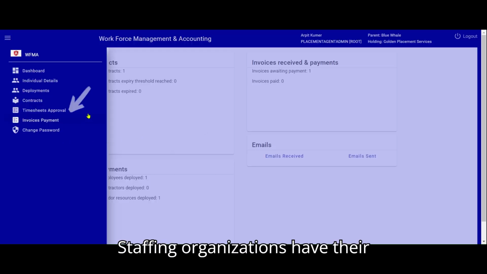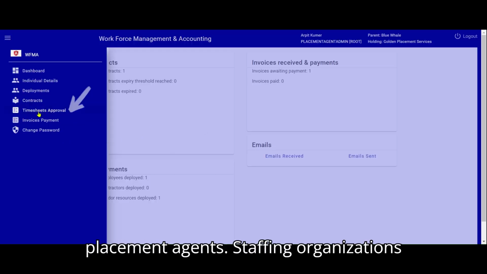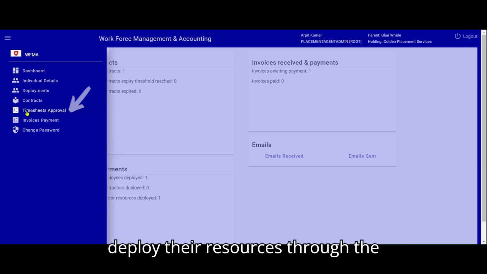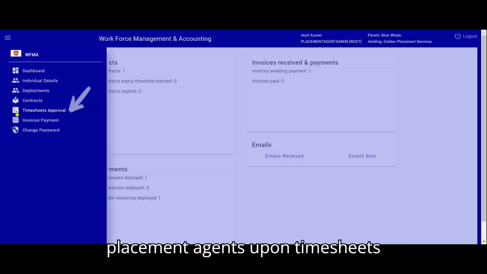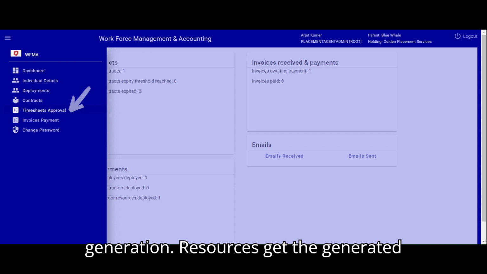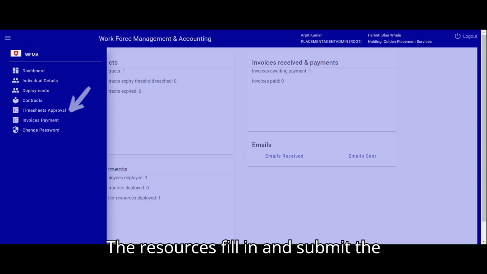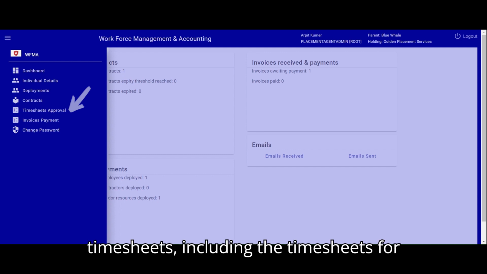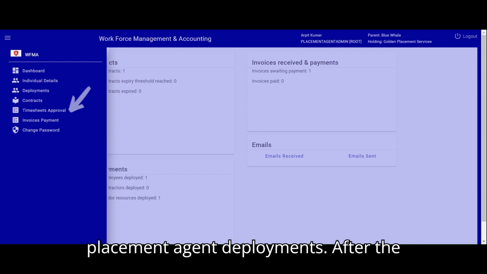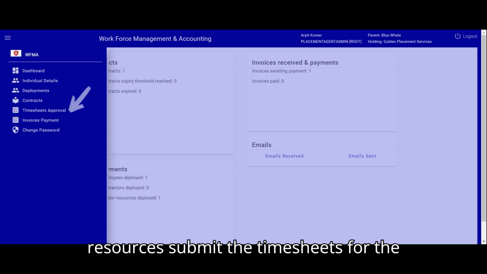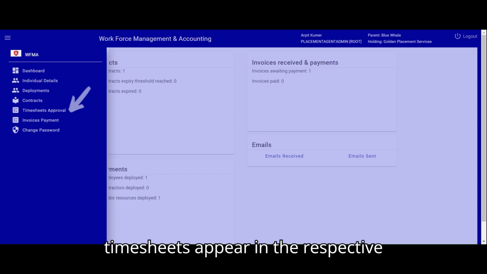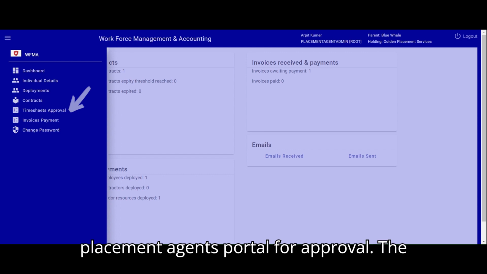Staffing organizations have their placement agents. Staffing organizations deploy their resources through the placement agents. Upon timesheets generation, resources get the generated timesheets in their respective portals. The resources fill in and submit the timesheets, including the timesheets for placement agent deployments. After the resources submit the timesheets for the placement agent deployments, the timesheets appear in the respective placement agent's portal